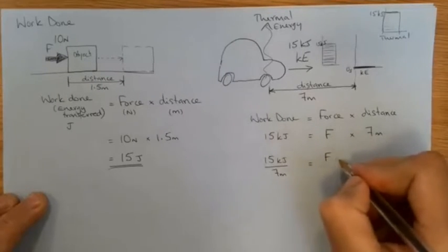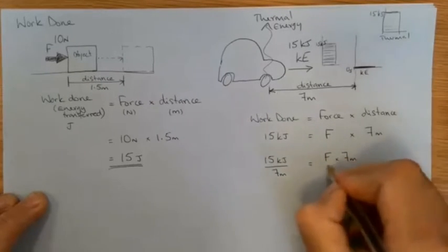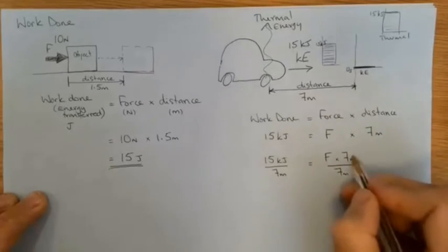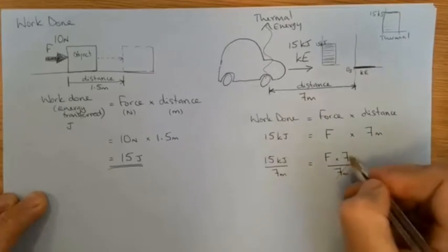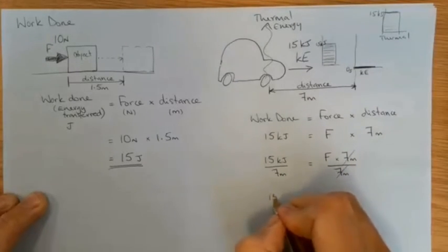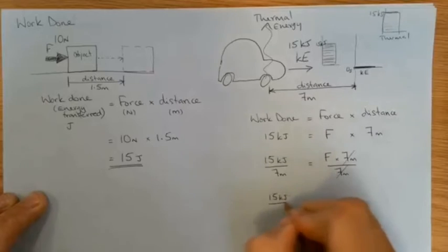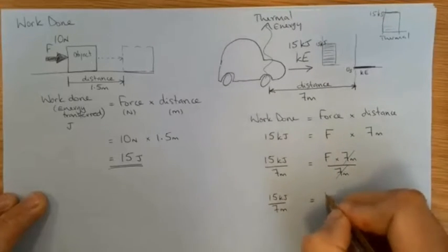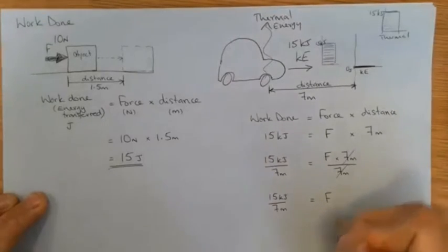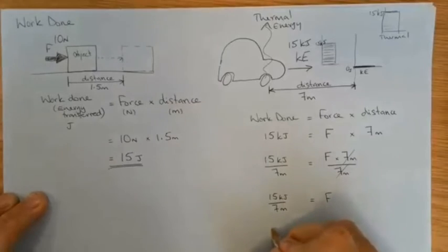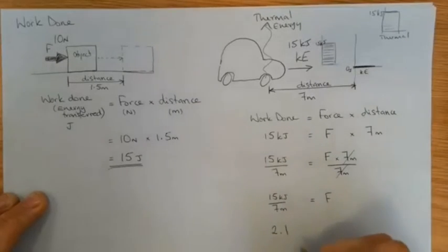So force times 7 over 7. So I've done the same thing to both sides, and over here that's going to cancel, so they are going to cancel to 1. So I'm left with 15 kilojoules over 7 meters gives me the value for the force, which in this example is 2.1